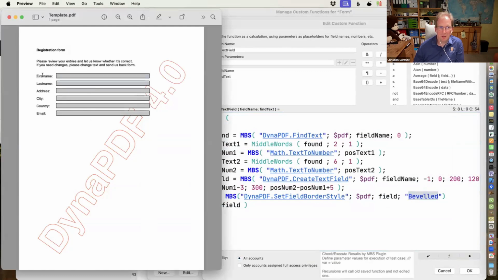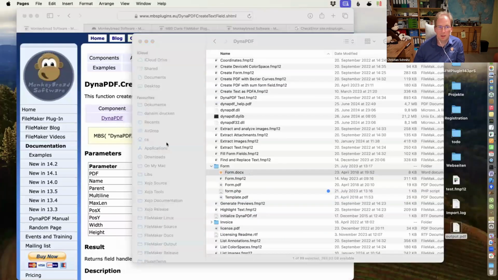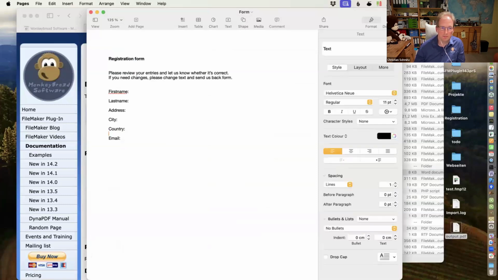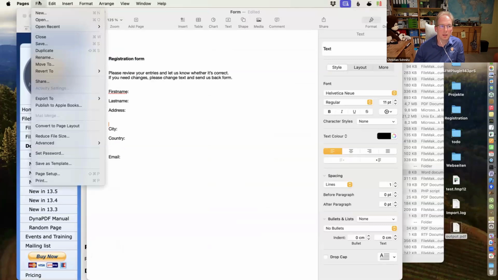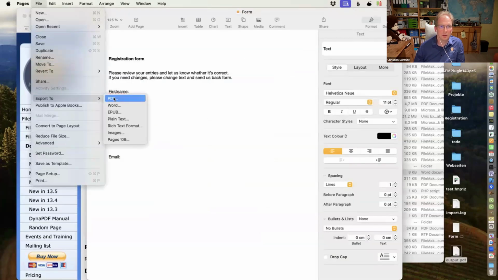So we see the text first name is here on the left. So we put a field in this row, and the last name too, so the customer can move this as they need. Let's say email moves down and city moves down, and I export this to PDF.